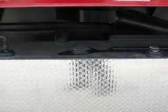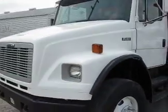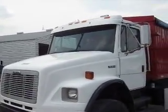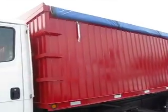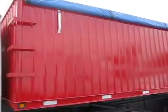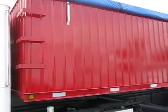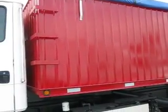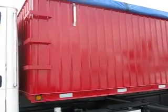Again, a close-up of the outside bed controls, oil reservoir. With that, we're going to go up higher on the truck and we'll do a walk around showing you the upper parts of the cab and the sidewalls of the grain body. They are made of 14 gauge stainless steel, 409 stainless material, and they are pressed in such a way that the strength is all adequate in the ribs. The ribs provide adequate strength to the sidewalls so that you have no bowing when you fill this sucker up